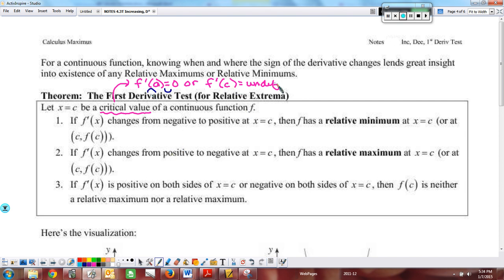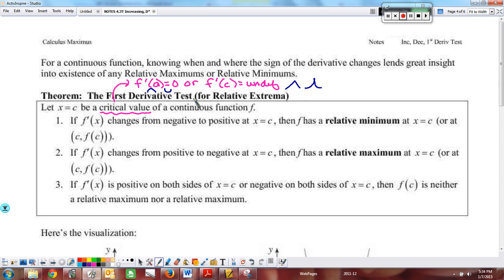And where the derivative is undefined on a continuous function, which means that f of c exists on the original function, there is either going to be a cusp or a vertical tangent involved. And so it's going to be a critical value for a relative extrema. Now, not all places where I have a 0 or an undefined derivative are going to be a relative min or a relative max,